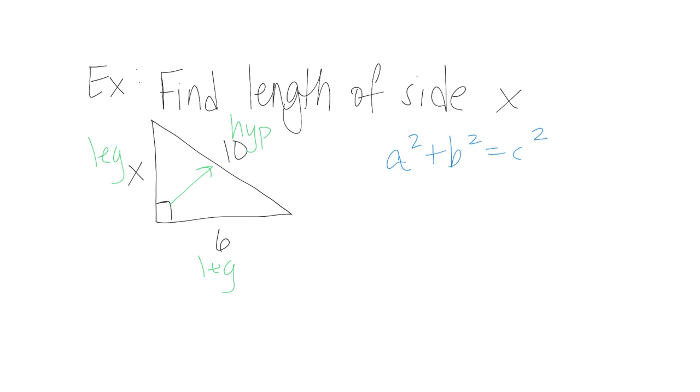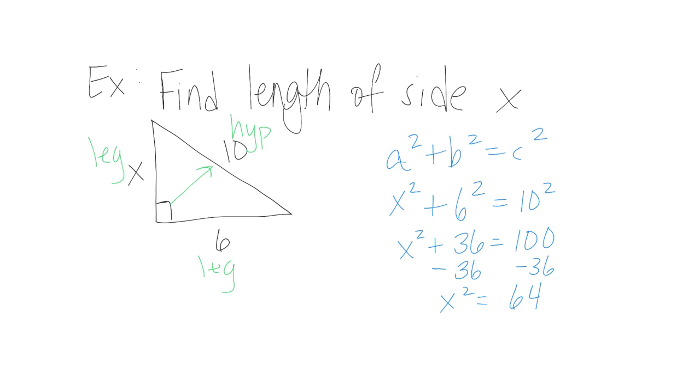And now I'm going to substitute in the sides that I can substitute in. So I'm going to put A as x, they're variables, so I could just interchange that. And then I'm going to put B as 6 because that's one of the legs. And then C is going to be 10 because that has to be the hypotenuse. Okay, and now I'm just going to work a little math magic here and solve for x. So I'm going to have x squared plus 36 equals 100. And then I'm still isolating x squared, so I'm going to subtract 36 from both sides. And I get x squared equals